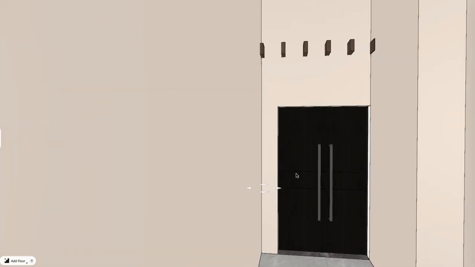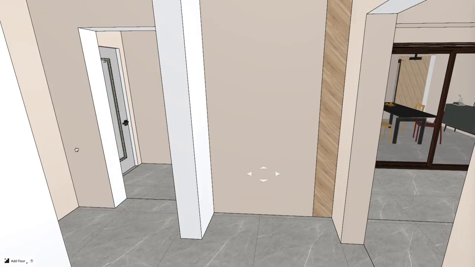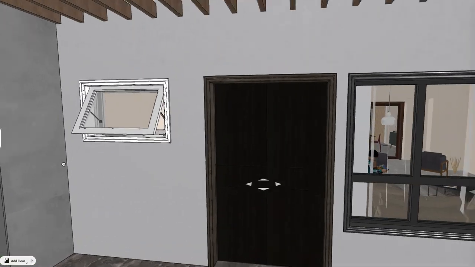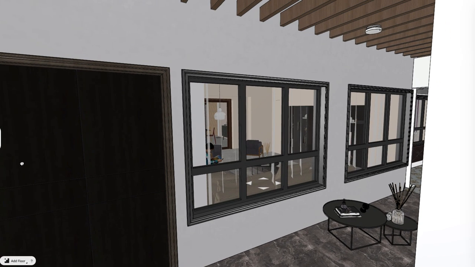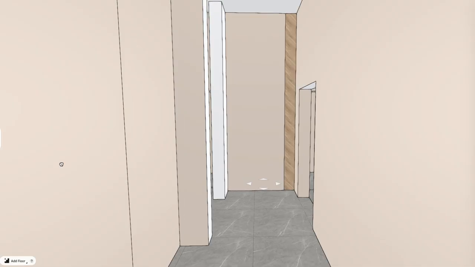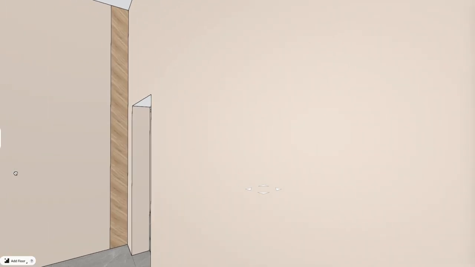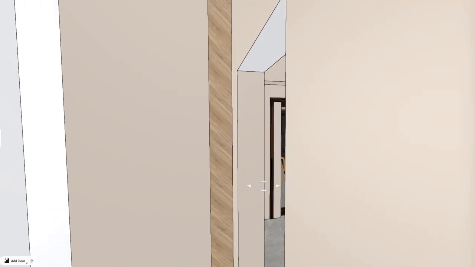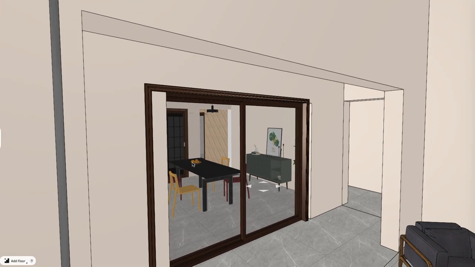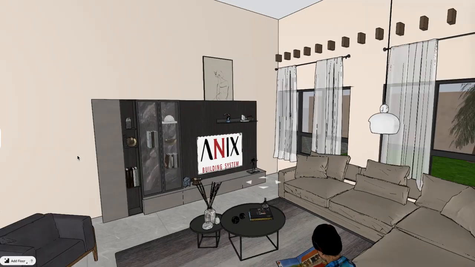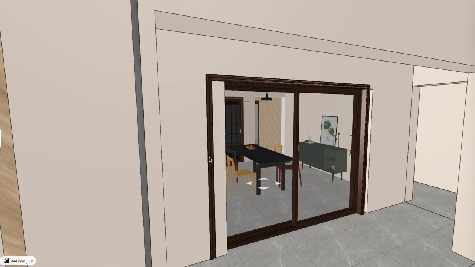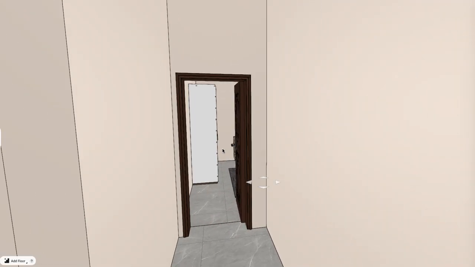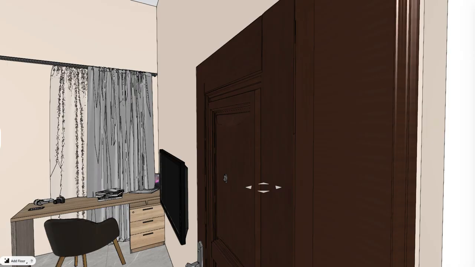So right here is the exterior, and then you basically, so that's a view like you're on the veranda, and then you'll be coming in, having that view. You decorate this front, and then you have that beautiful view of the dining room, or get into the dedicated living room. And then you can either go to either bedroom 1 or bedroom 2,